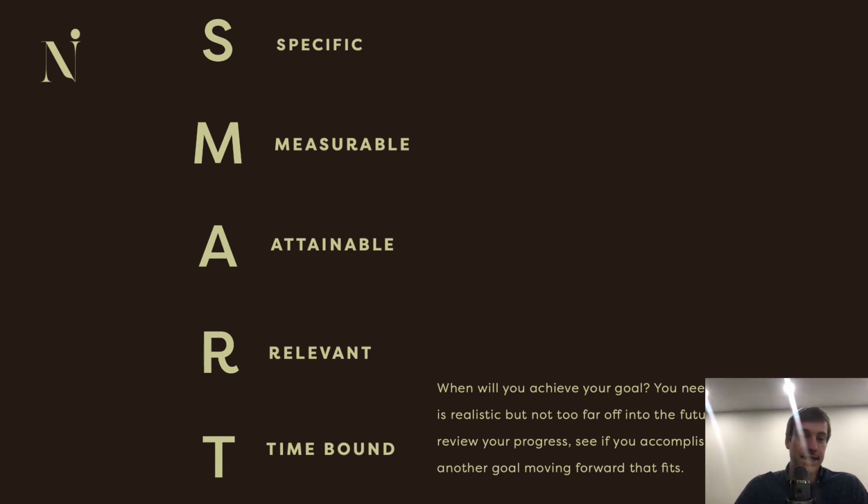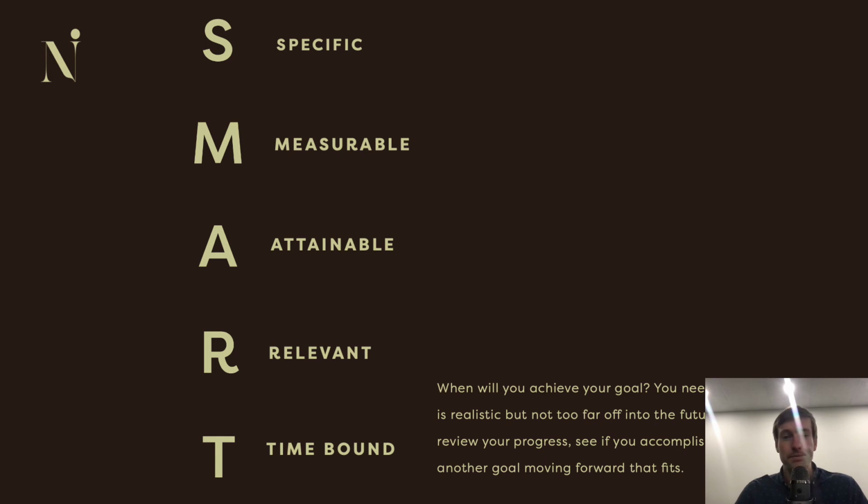All right, so that's the idea: set time constraints on your goal. Maybe, going back to applying for a job, your overarching goal is I want to get a job. You say, okay, I'm going to spend 30 minutes a day, 4 days a week for the next 2 weeks working on my application, trying to get my resume perfect, get my references lined up. I'm going to put in that amount of time so that I can submit a highly competitive application for this job. So time-bound is the concept here.